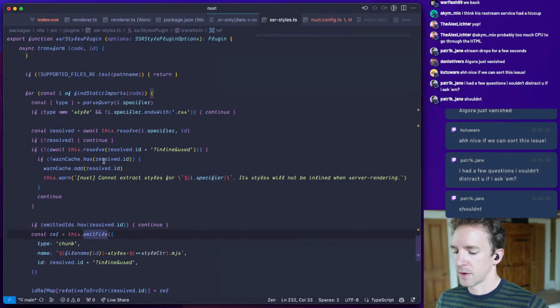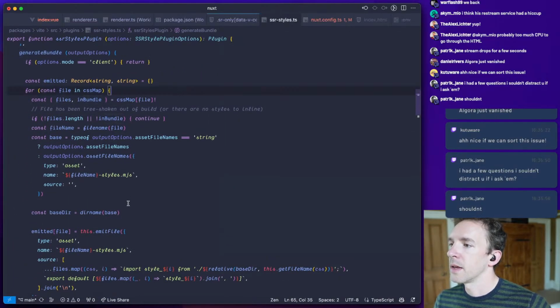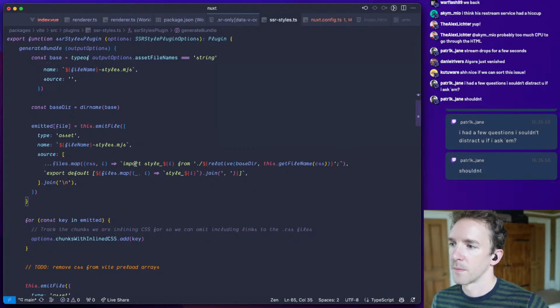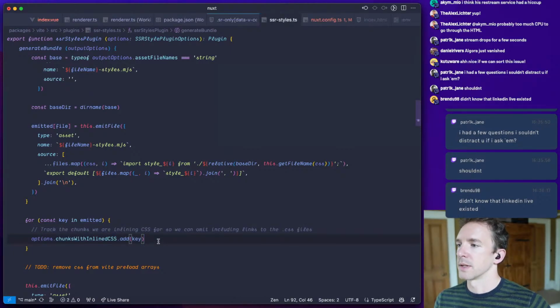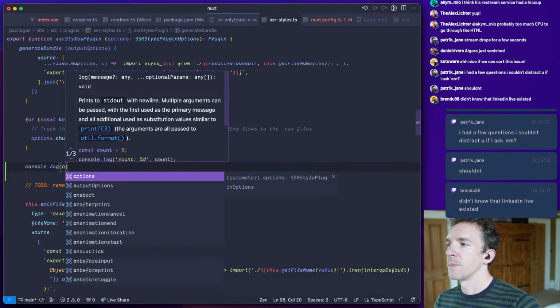Okay, so we basically have our bundle. And here is where, so this is what we're trying to do here. We're trying to omit the links to the CSS. So we have the chunks with inline CSS, and let's just log them.